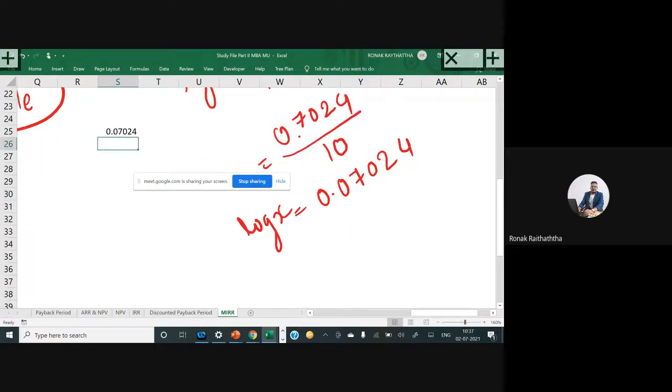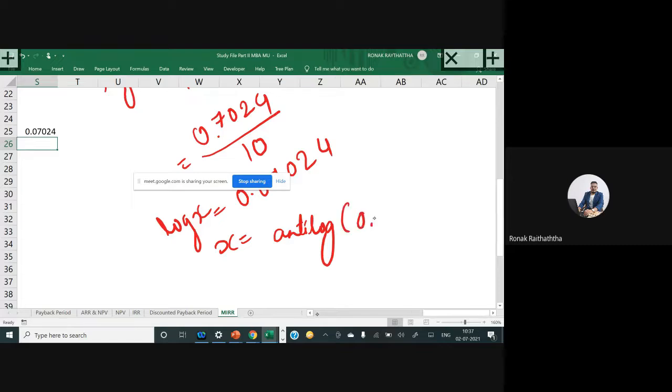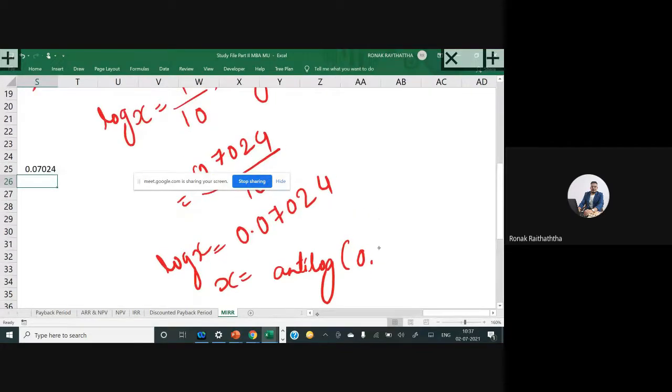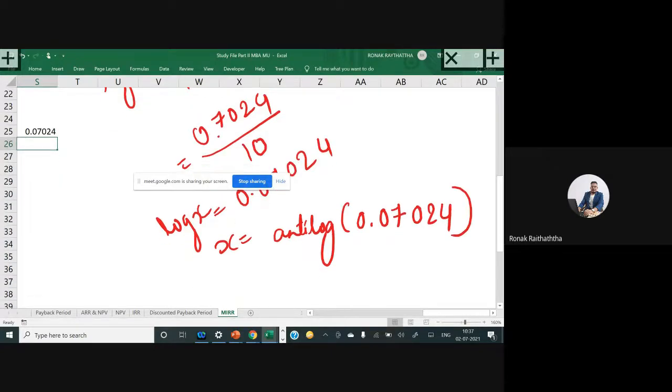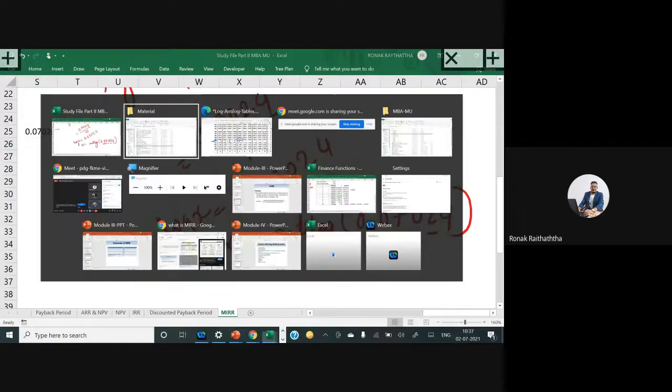Now log x is there on the left hand side. If you take it to the right hand side, it will become antilog, right? So x equals antilog of 0.07024. So you will go to antilog now. After the decimal, you will check 0.07, the value of 0, and the mean difference of 2 will be added. Now we'll go to the table of antilog.